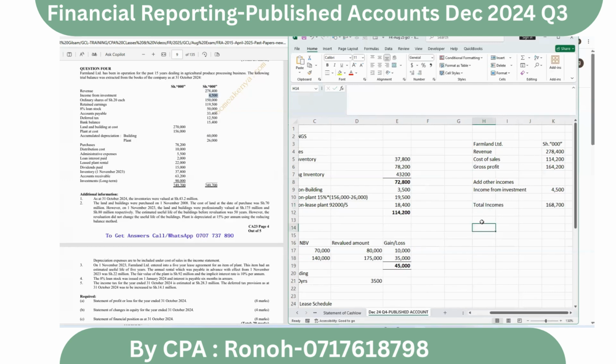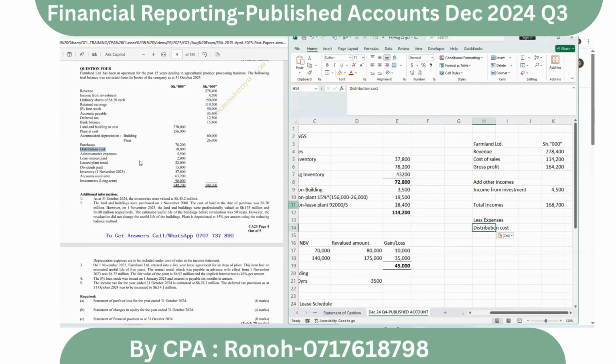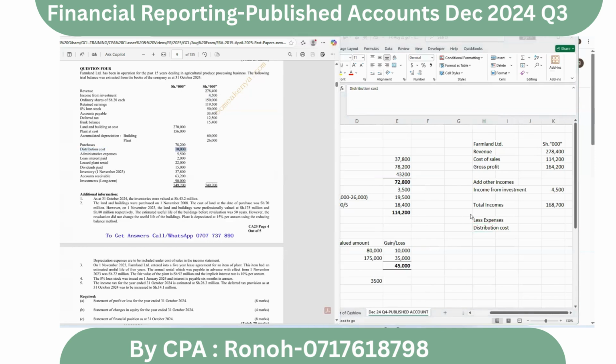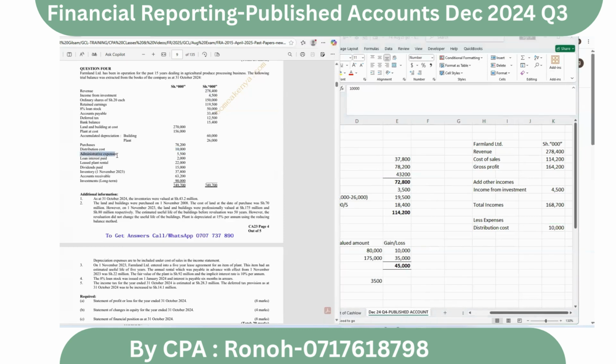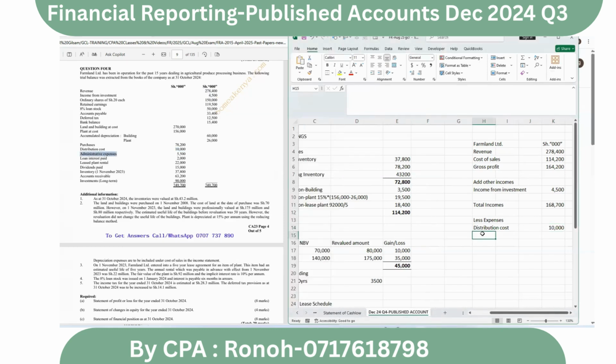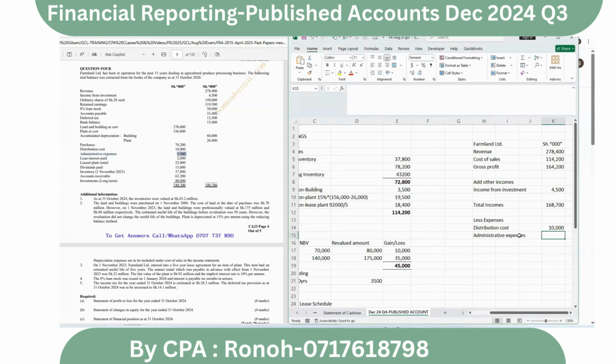So less expenses. Expenses, we can start with whatever they don't have workings for. Distribution expense of 10,000. We have administrative expense, 500. Finance cost,